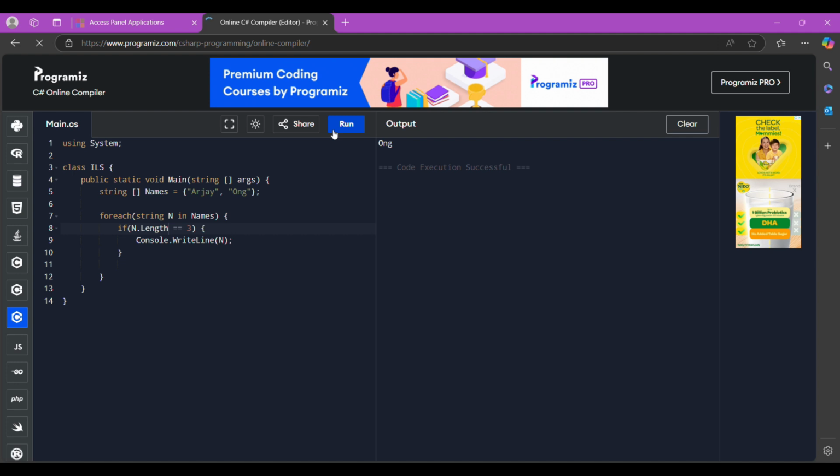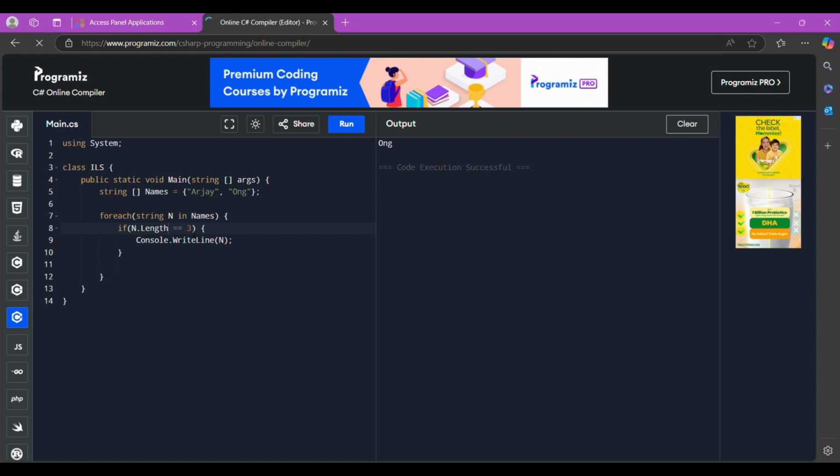So yeah, it prints out song because in this if statement, it's looking for a string that has a length of 3. And this string has 3 letters.